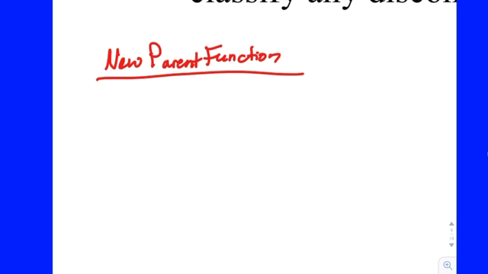So let's come off here to the side, and we're going to look at a new parent function. So you're going to add this to your mental catalog. Let's call him j of x. How about that? J of x equals, and it's one of two versions. He has two different forms,